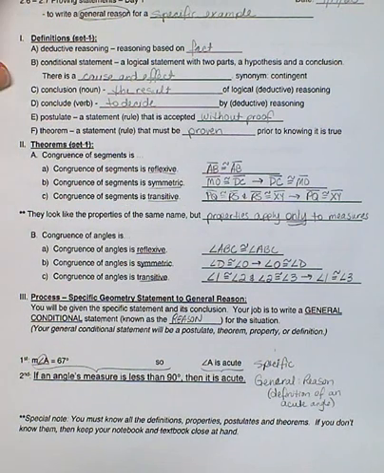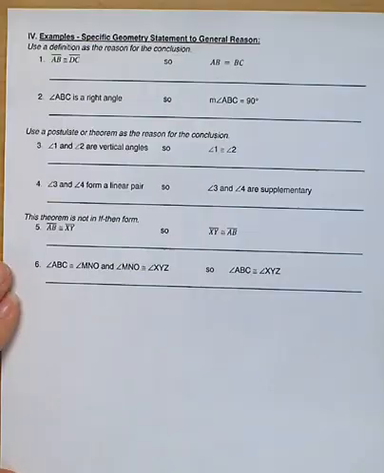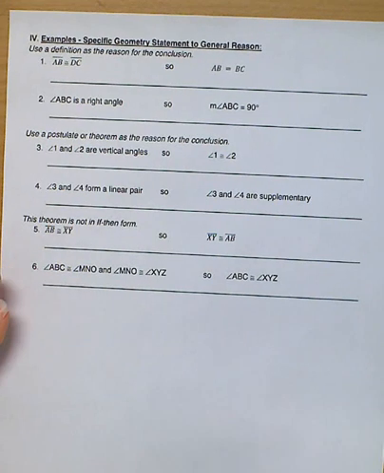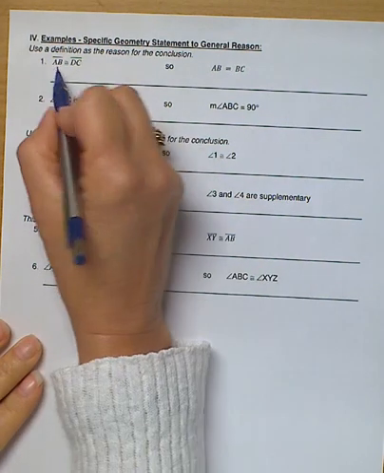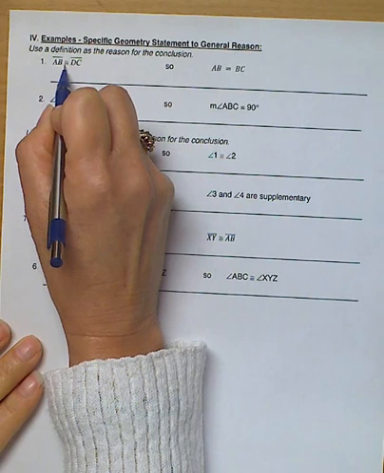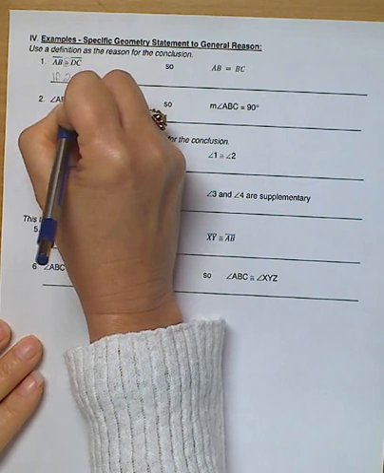So here's our example, specific geometry statement to general reason. And I'm telling you up front, these two are definitions. So if you wanted to look them up, you could in the definitions that we've learned over time. But again, if you just do the trick, you don't need to worry about that. So what do you have? You have segments. How many of them do you have? 2. What's true about them? They're congruent. So if 2 segments are congruent,